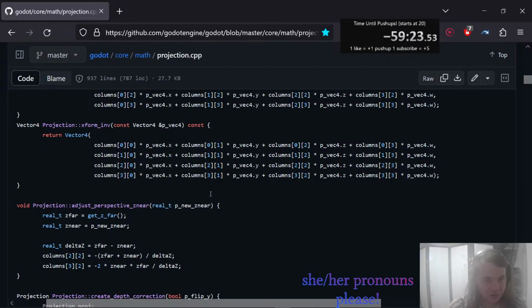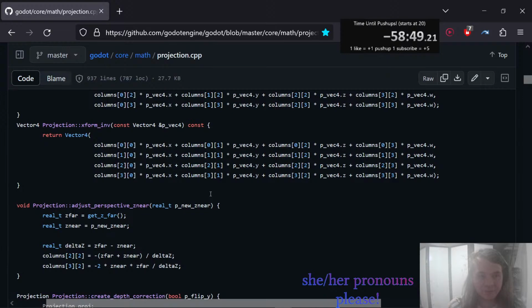Vector4 projection_xform_inv(const Vector4& p_vec4) const { return Vector4(columns[0][0] * p_vec4.x + columns[0][1] * p_vec4.y + columns[0][2] * p_vec4.z + columns[0][3] * p_vec4.w,